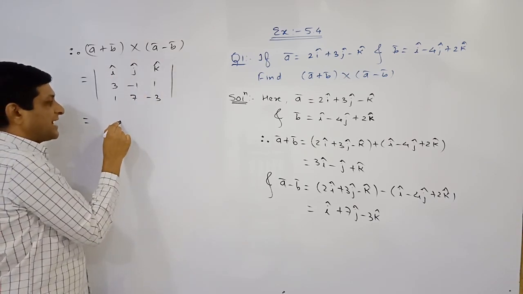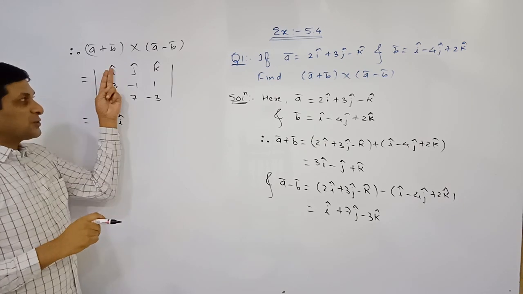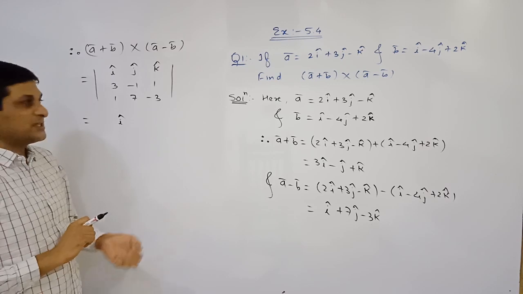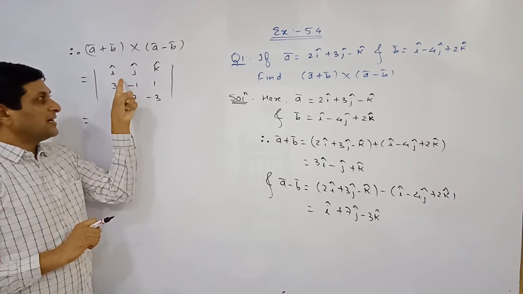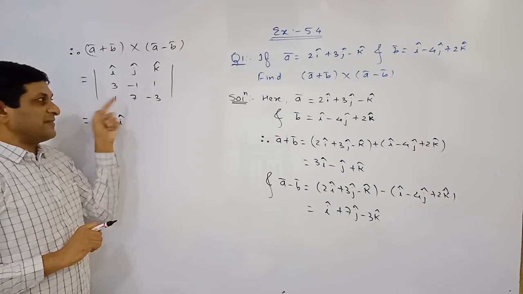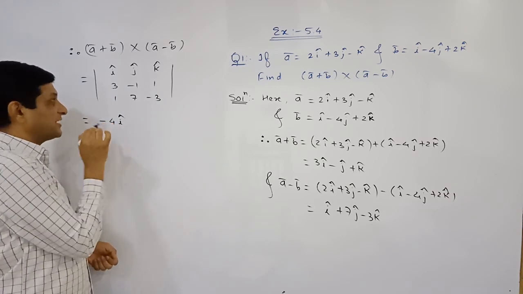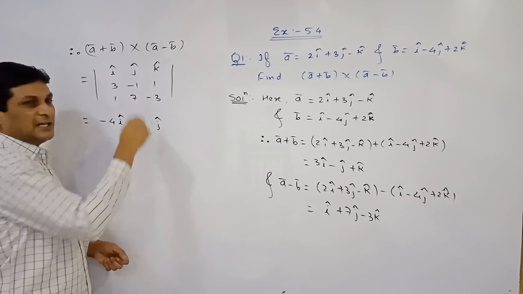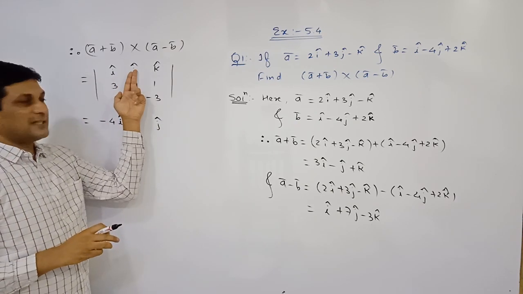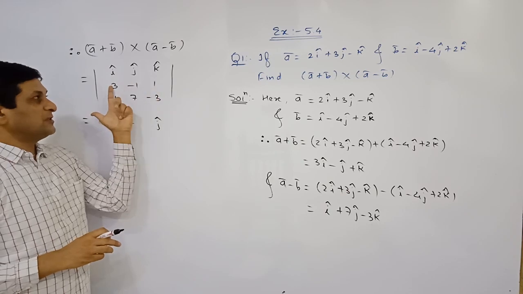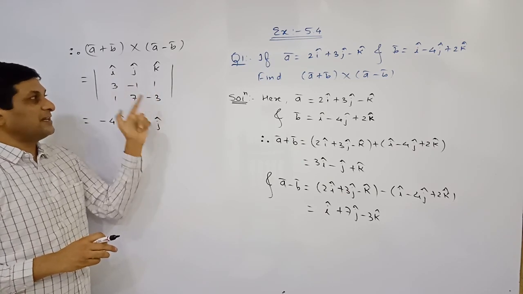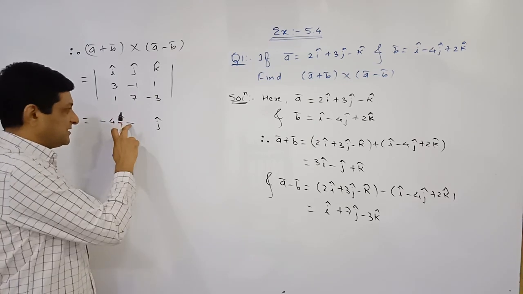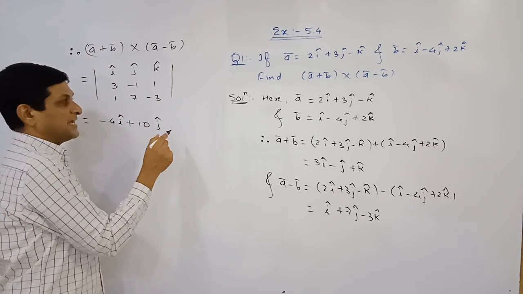So keep this i cap as it is. Now delete this column, find the determinant of these four elements. Orally also we are able to find this determinant. This product is how much? 3, 3 minus 7. 3 minus 7 will be equal to minus 4. Then here plus j cap is there, at that time we are considering minus j cap. Now delete this second column, find the determinant of these four elements. This product is minus 9 minus 1, means minus 9 minus 1 will be minus 10, and minus and this minus will become plus 10j cap.